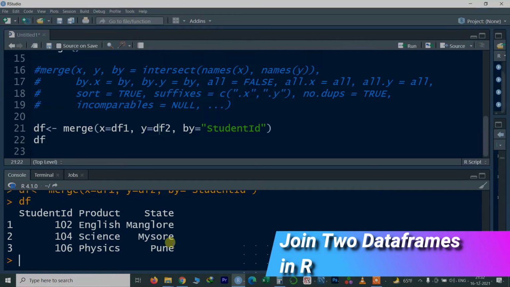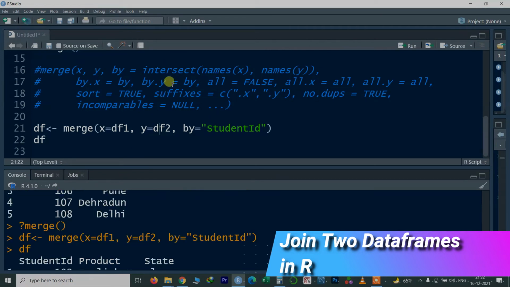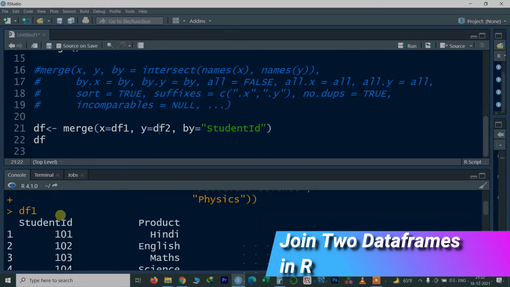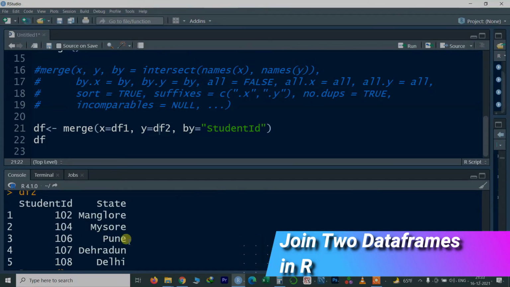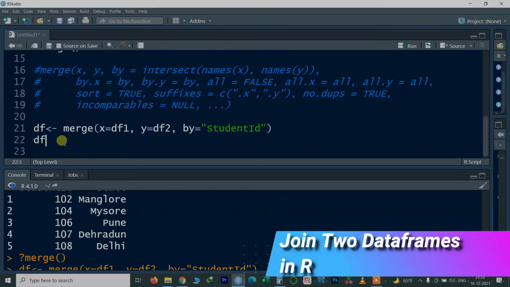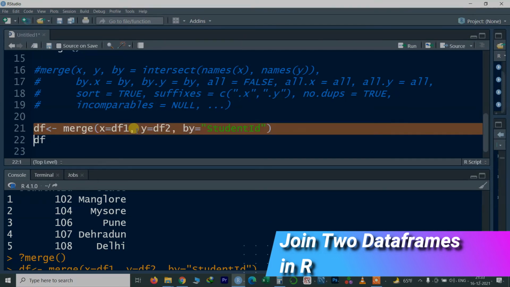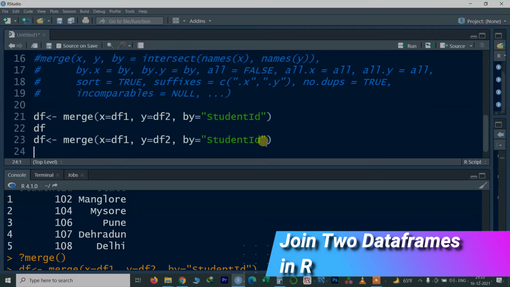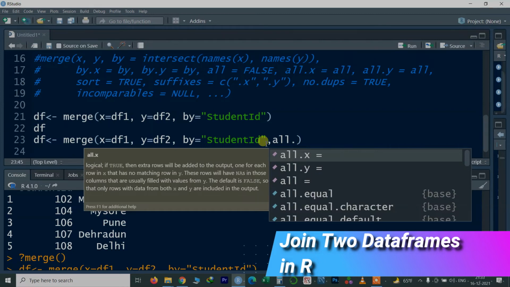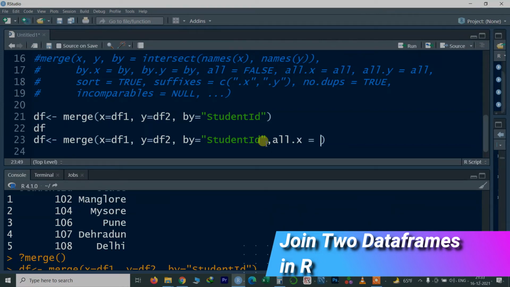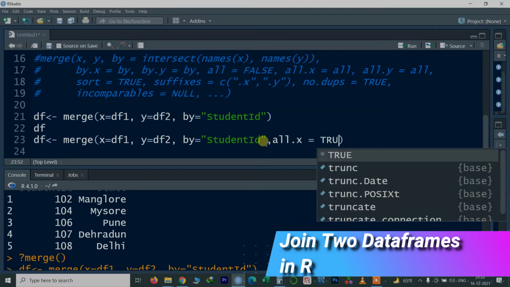Now somebody says, I want all the elements of student id from the first data frame, and whatever is matching from data frame 2 I want to add. You can also do that. To get this output I will use the same code and add one argument called all.x is equal to TRUE.